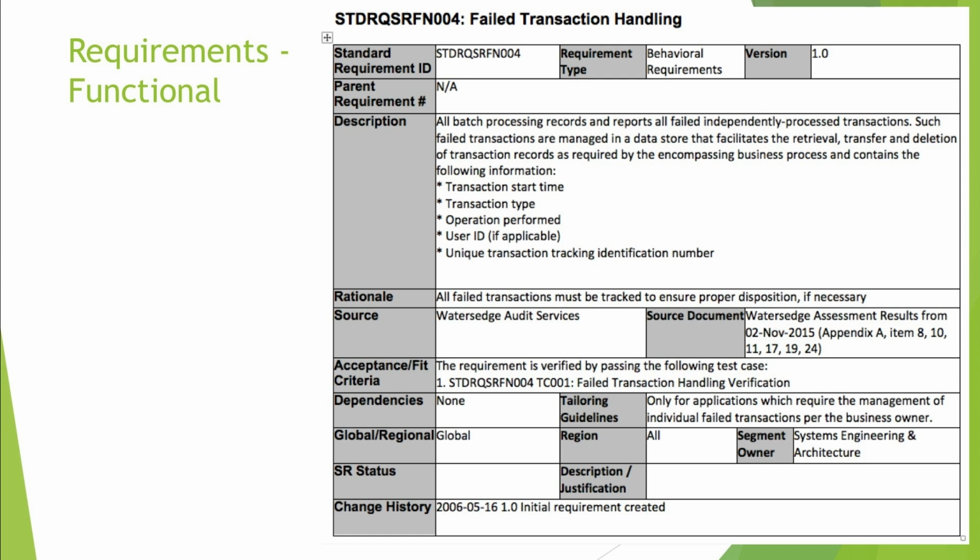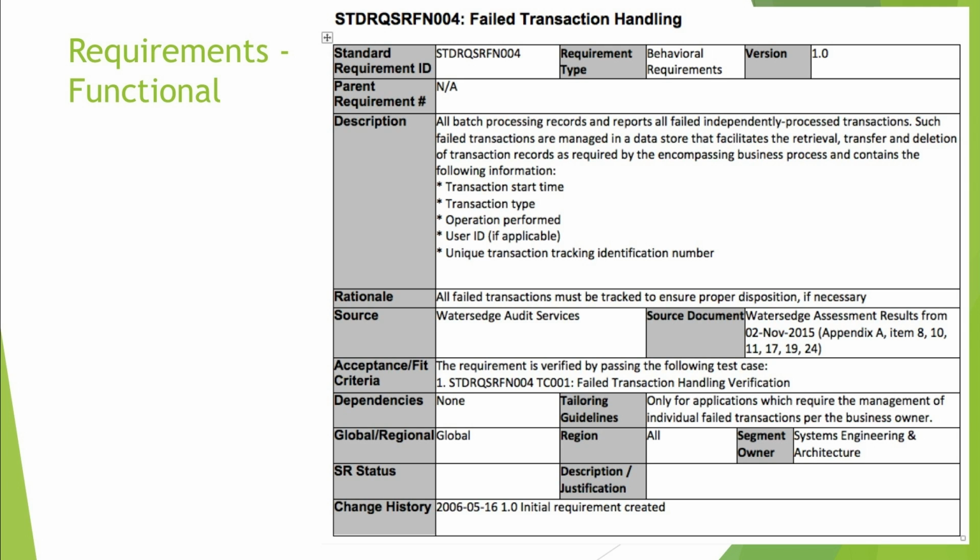So the STD-RQS relates to the standard requirements. But the key component here is FN, which is functional. They had FN for functional, and it was 004. And it was titled Failed Transaction